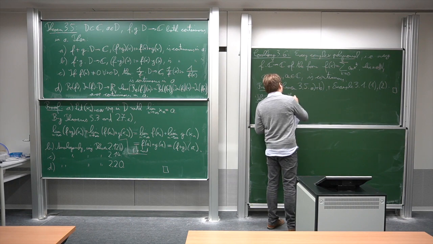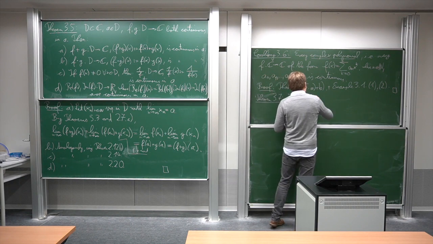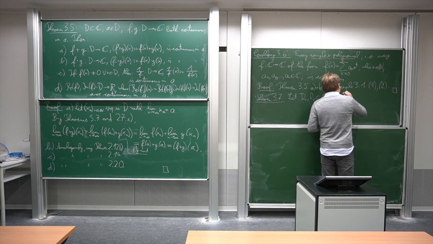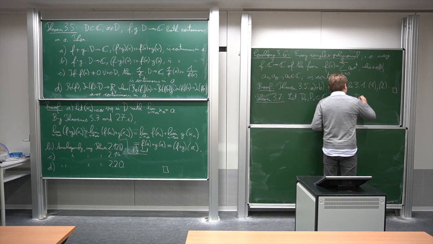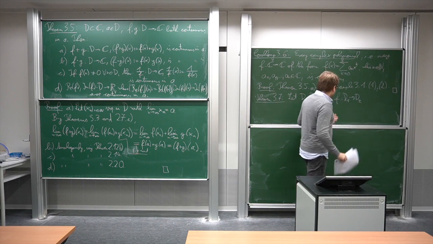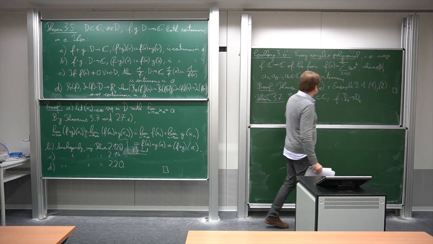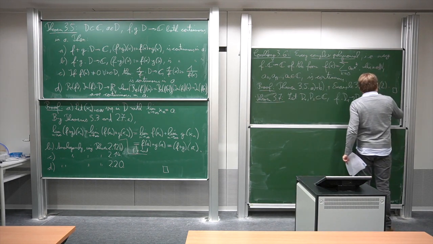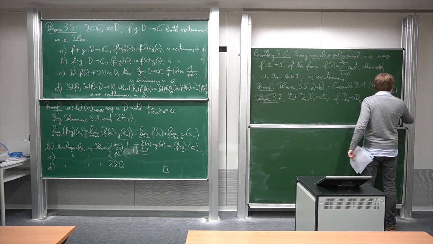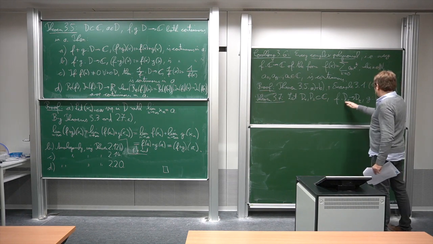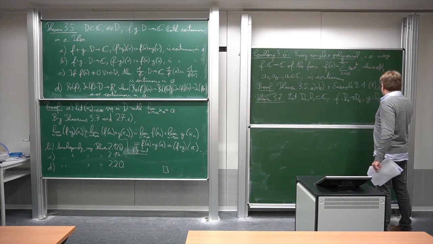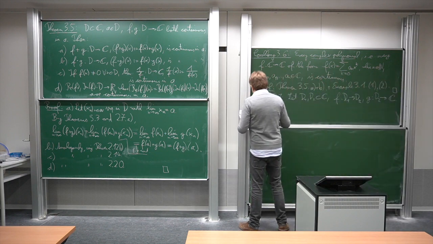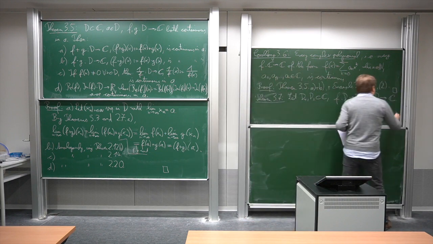Namely, we take two domains, D1, D2 in C. Then we take a function f, which goes from D1 to D2, so a complex function whose values completely lie in D2. And we take a second complex function, g, from D2 to C. So this goes from here to there, and then we pick it up with g, so we can just take the composition of these two. And we need a point a in